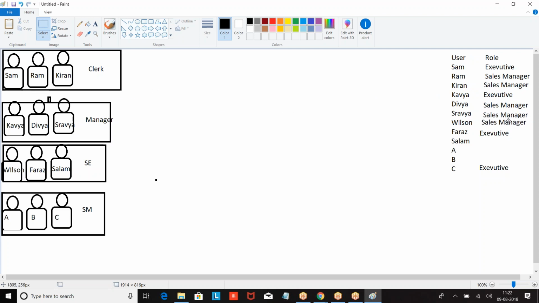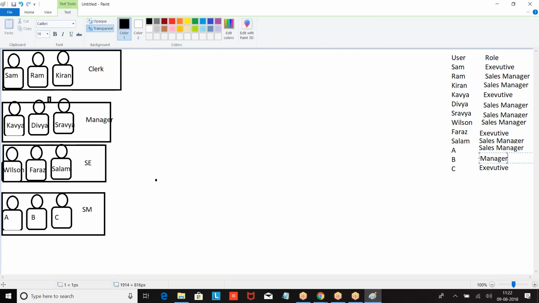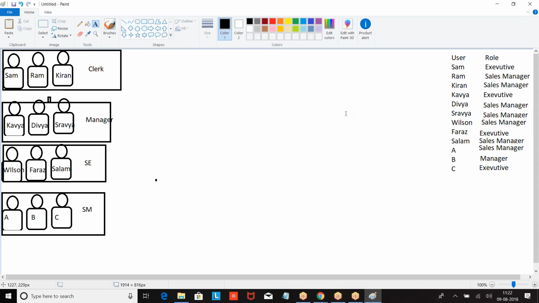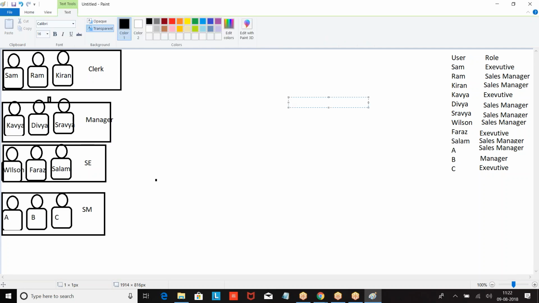Now, if two people have the same role, it doesn't mean that they have the same profile. This is how we got it. Now I have a data.